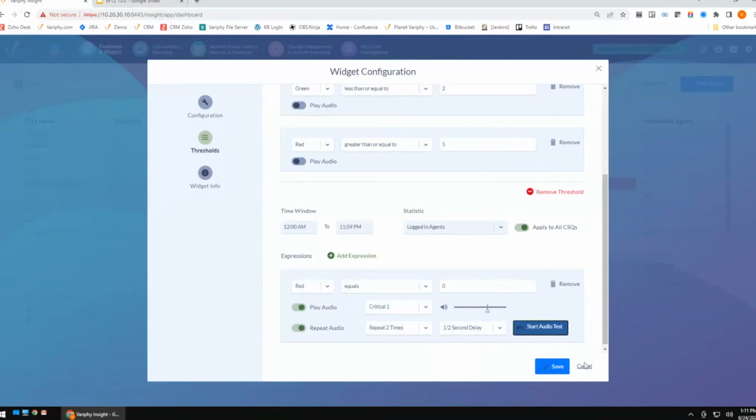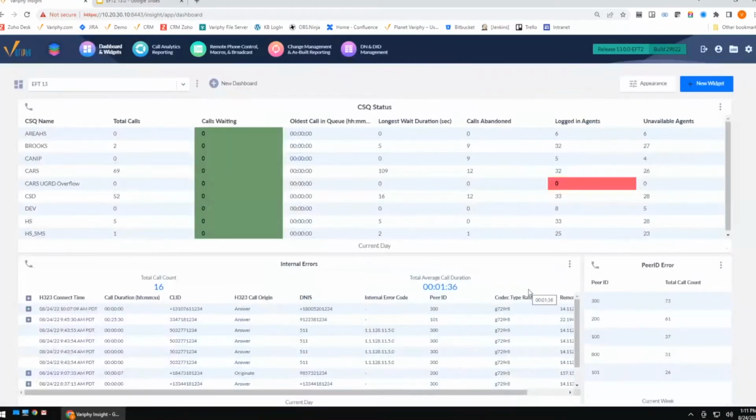While we're working in our dashboard here, one of the other things that we have available in EFT is also the ability to sequence or unsequence events in Cube call data. If you're familiar with our Cube Analytics, it's a great way to get ahead of problems that maybe aren't even making it to Call Manager. It's also a great way to determine how your calls are routing through your Cube environment.